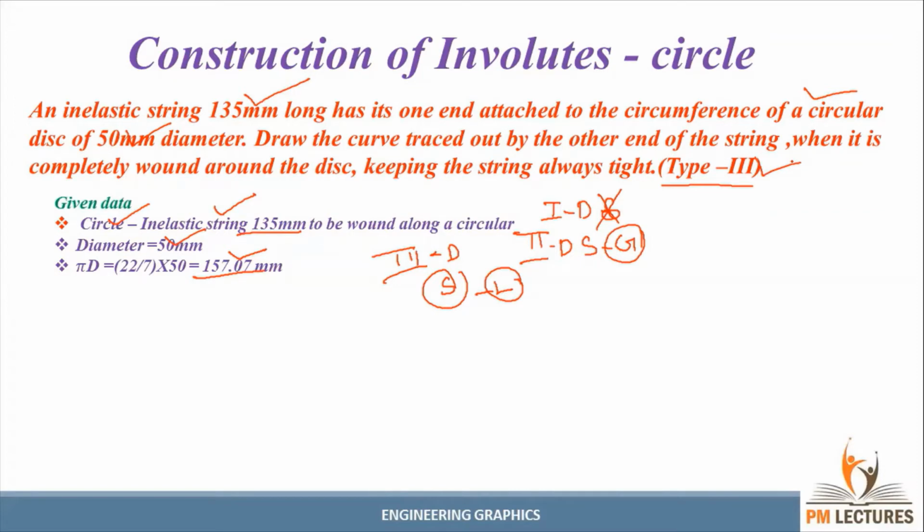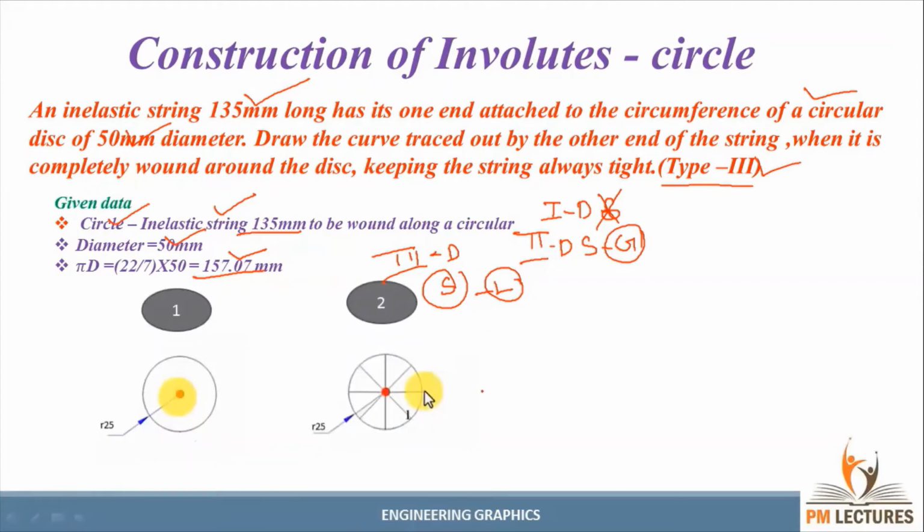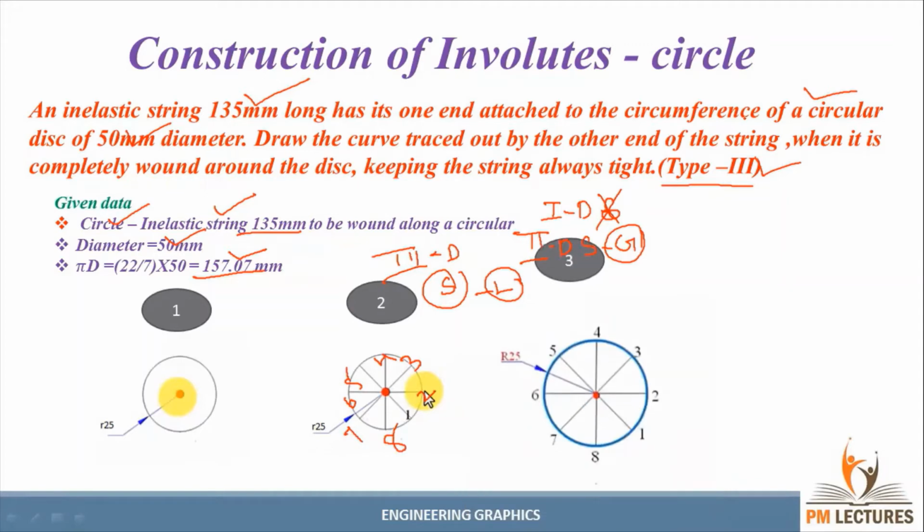So first we proceed with the diameter. So draw a circle for the radius of 25 mm. After drawing the circle, divide the circle into 8 equal parts and give the names in the anti-clockwise direction. We can start from here. Give the names like this: 2, 3, 4, 5, 6, 7. In the eighth point, we can give it as 8. Like this, we need to give. See here, it would be like this. We can use this as a reference for drawing the angles of the circle.